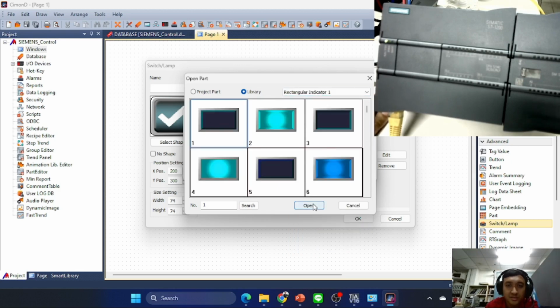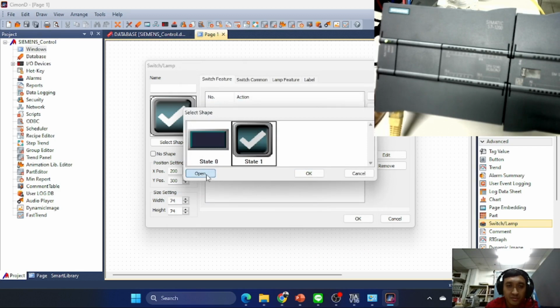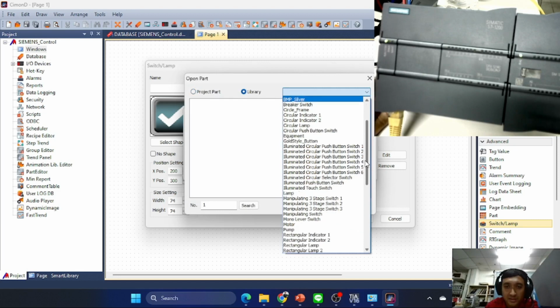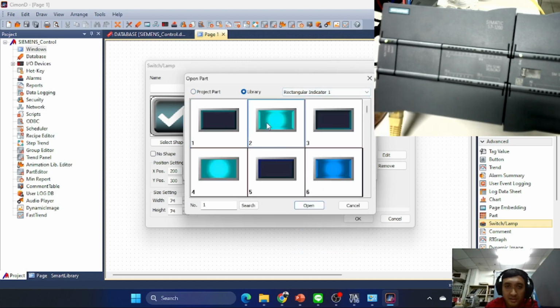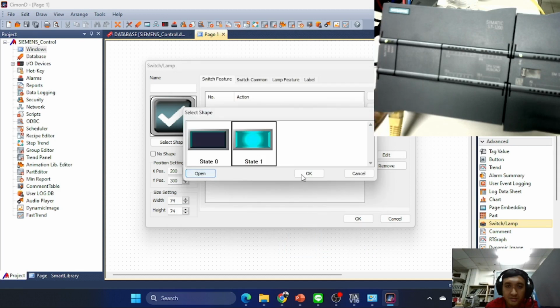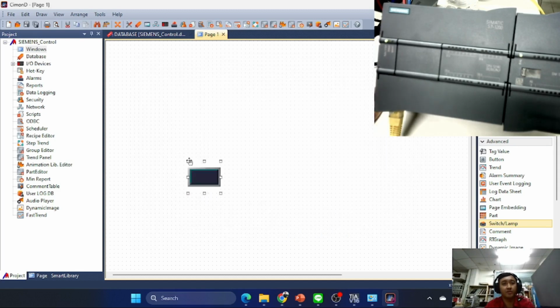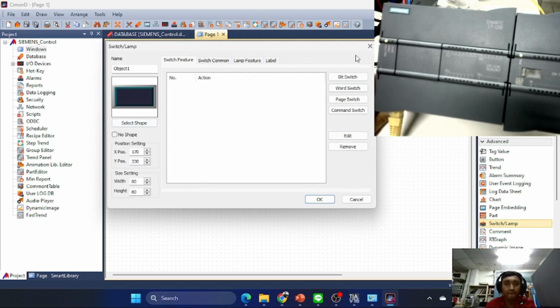I use this, and for the state 1 you can choose your favorite button. Okay, this is for the start button, and I will copy it for the stop button.